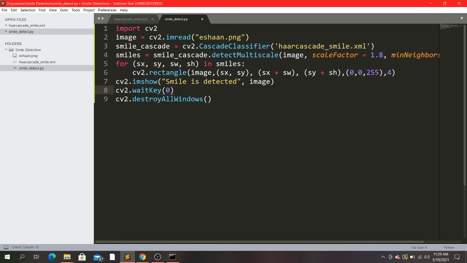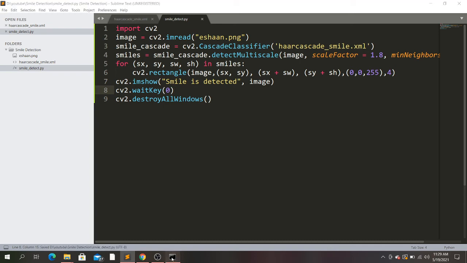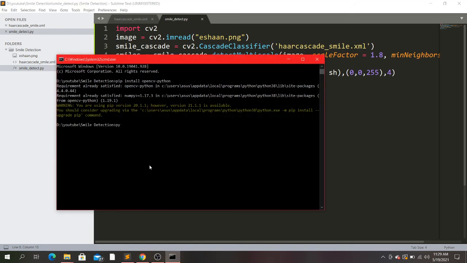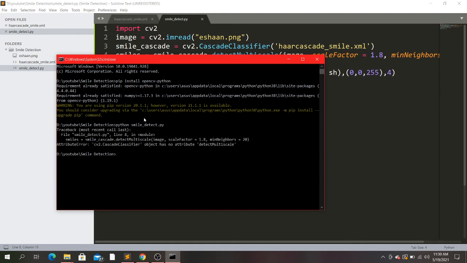Okay, so let's save the program and run it. The name of our file was smile_detect.py. Let's run it. Here it's saying that it has no attribute multiscale.